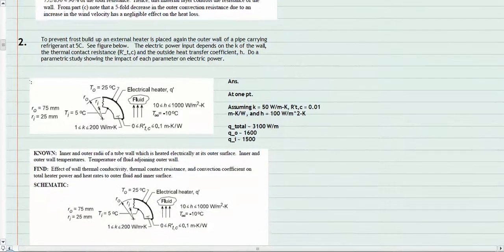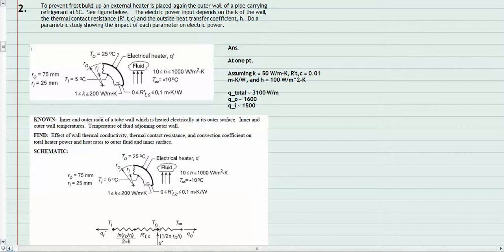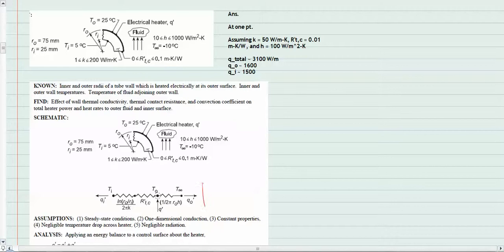Moving to the next problem. I think the critical element in this problem is the need to understand this drawing, acknowledging that the maximum temperature exists at the center. So if you were to draw it like a hill, this point would represent the heater temperature, with heat flowing downhill to lower temperatures,